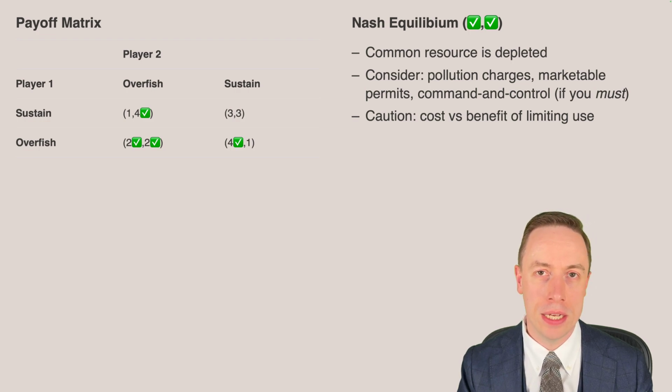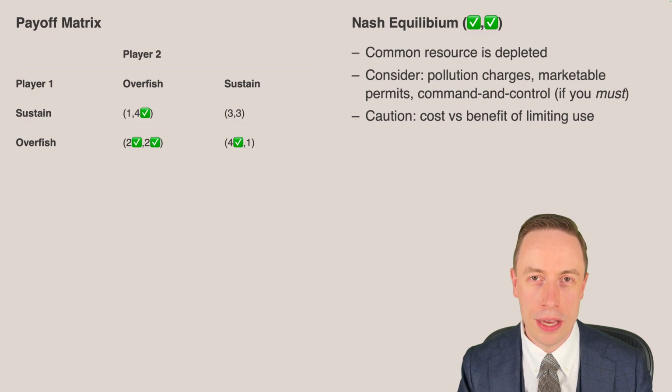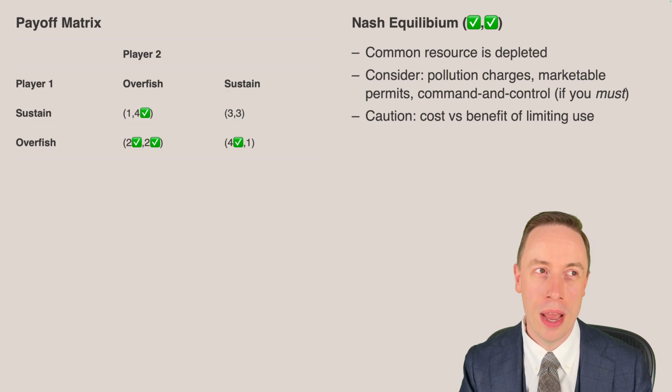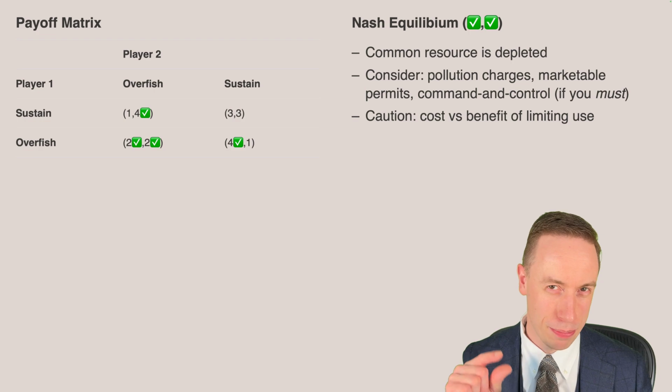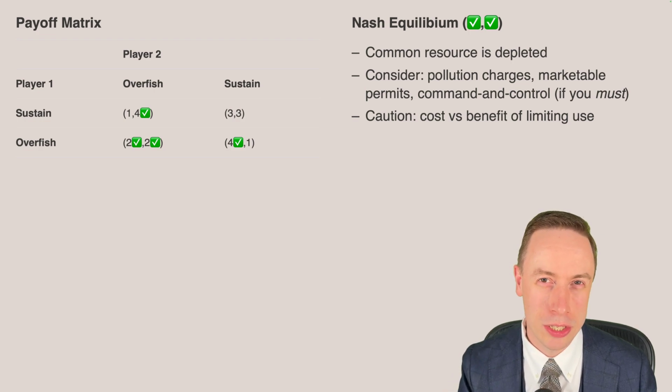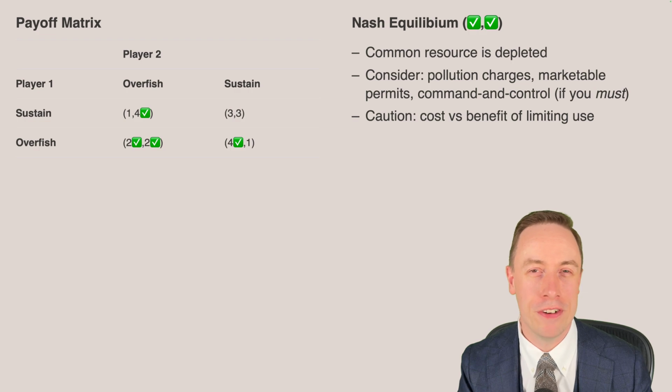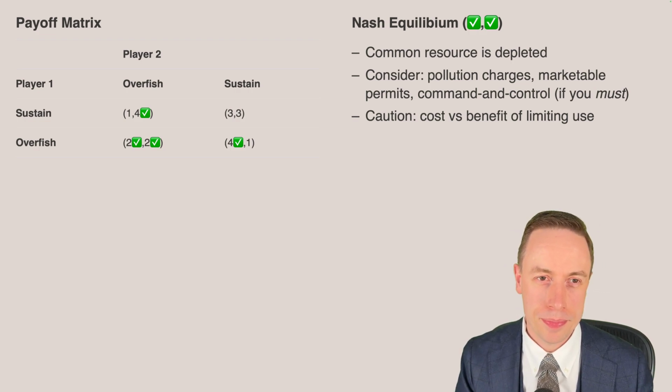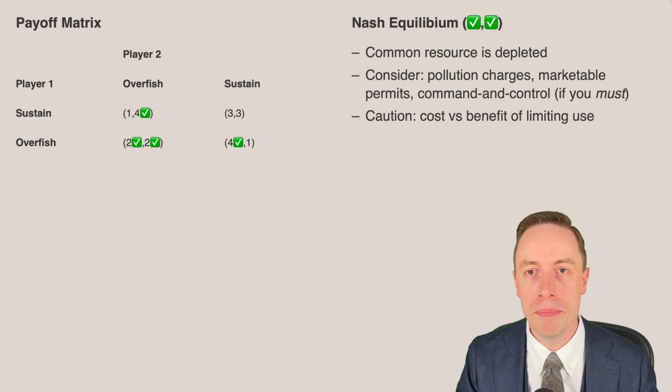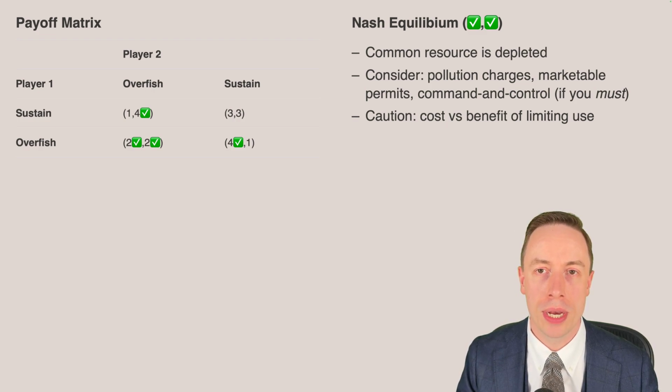Like, you live in a less busy downtown, a smaller city, and once a day for half an hour there's a bit of a traffic jam downtown. Yes, that's a common resource problem. You could solve the traffic jam by introducing a toll for driving downtown, by introducing tradable downtown driving permits, or by having a command and control system. It's probably overkill because the problem is very small and the cost of implementing a solution overrides the benefit you would actually receive here. So this is our final example of using game theory to explain the problems with